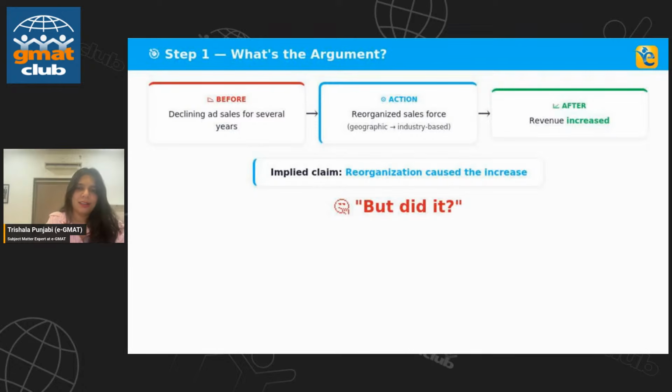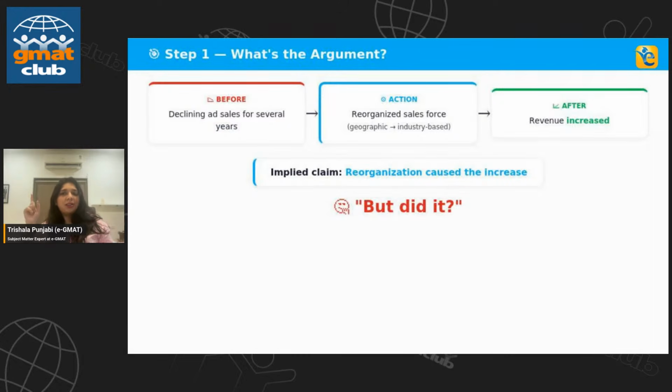So, what is the entire argument about? Okay, so there was declining ad sales for several years. That's essentially what happened before. So, because of that, there was a reorganization of Salesforce from something that was geographic based to something that was industry based, and then after that, revenue increased. So, if you remember from our strengthen and weaken assumption session, something was there, something came,